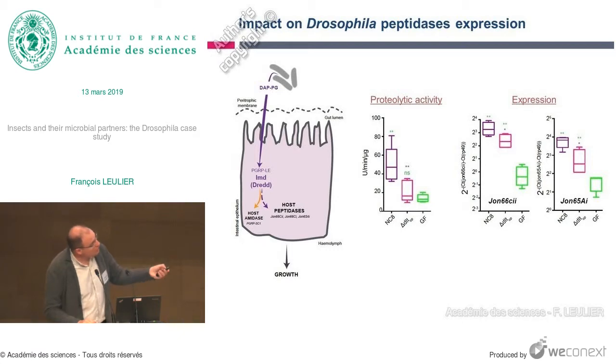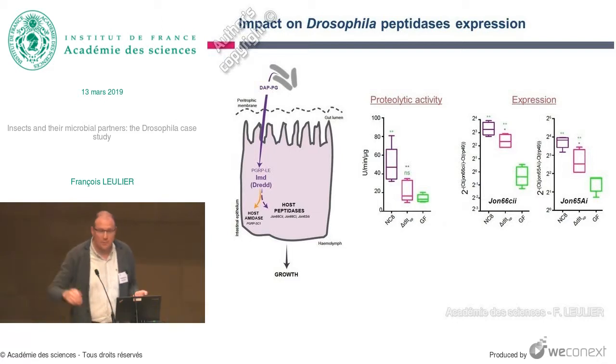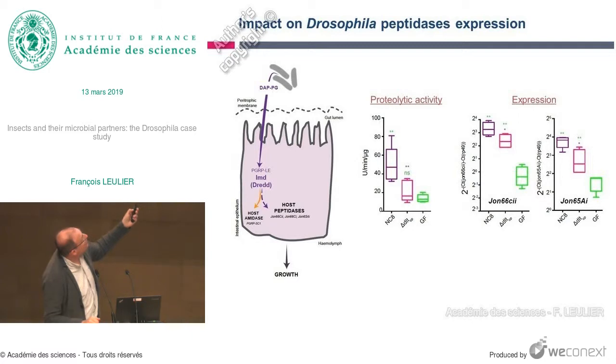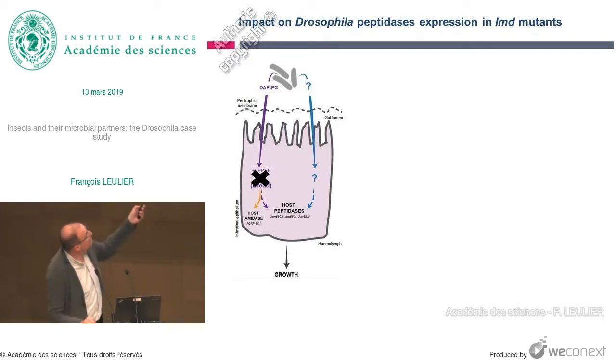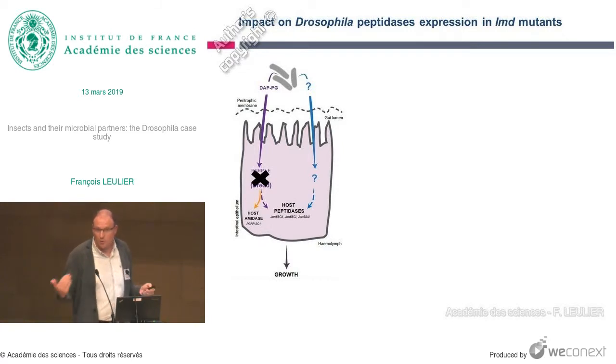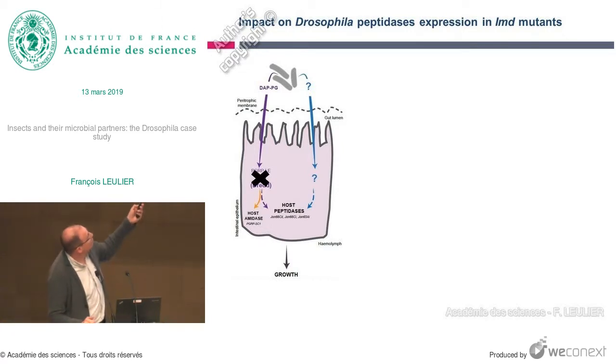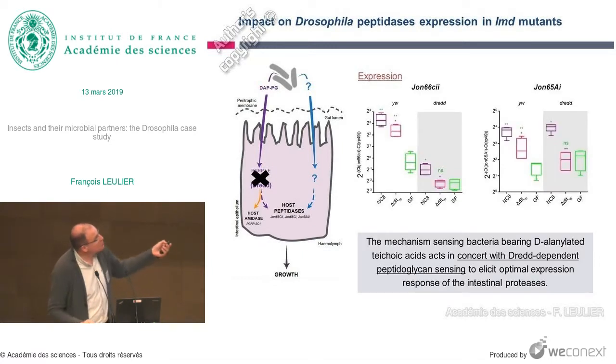Interestingly, when we look at the expression of the genes which encode the enzymes responsible for this activity, we could see a decrease. But that decrease was partial, most likely because this pathway, which is based on peptidoglycan sensing, is still fully active. So we went on testing that directly by repeating those experiments in a mutant fly that has an IMD pathway completely blocked, a loss of function mutant in the DREDD gene, which is essential for that pathway to function. And we repeated the expression phenotyping of the animals. I recall to you the wild-type situation: a partial reduction in peptidase induction.